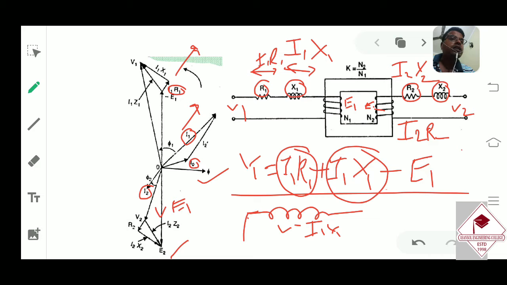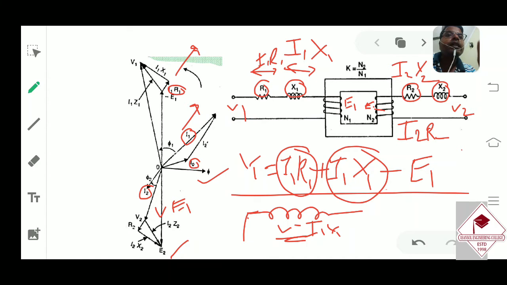So this is the voltage and current flowing through this one. As I told you, the current flowing through this inductor should lag 90° behind the voltage across this inductor. That means we can say that the voltage across the inductor will lead the current by 90 degrees. Either way we can say.